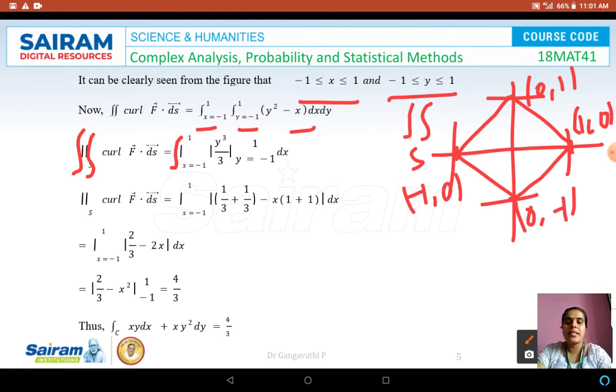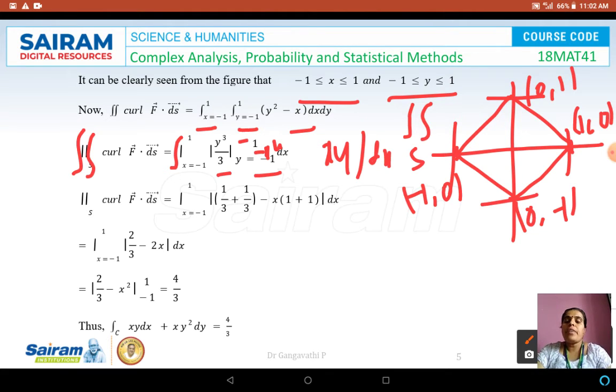let us keep the outermost integral with respect to x as it is. Let us perform the integration with respect to y now. So integration of y square is y cube by 3, and integration of x with respect to y is xy. So when we do so, here we have minus xy, between the limits y is equal to minus 1 and y is equal to plus 1. This entire thing is multiplied by dx.